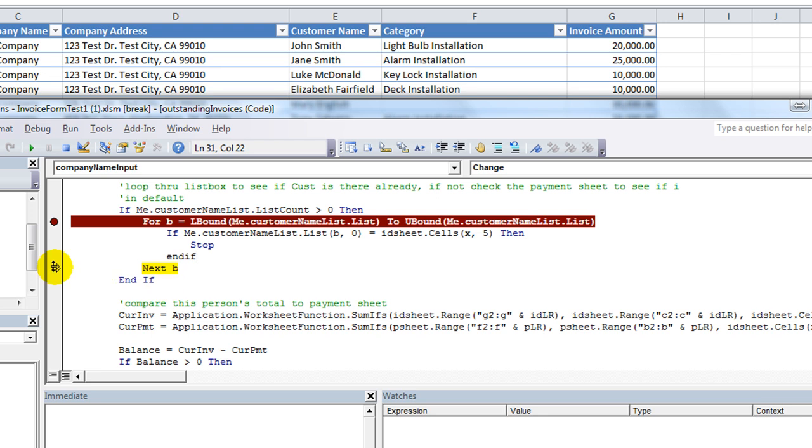Let's see what that does here. Oh, heck yeah. So it worked. The first one in the list is John Smith. Is that equal to our current one, Jane Smith? No, it isn't. If we ever have a match, then we would, I guess, continue. So, if we ever had a match, we would